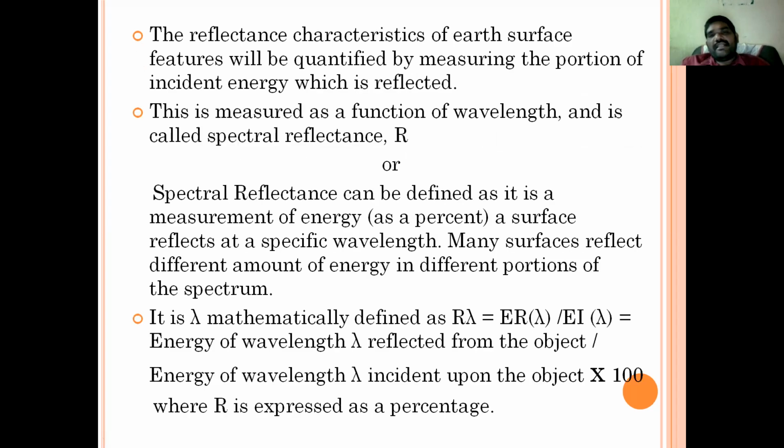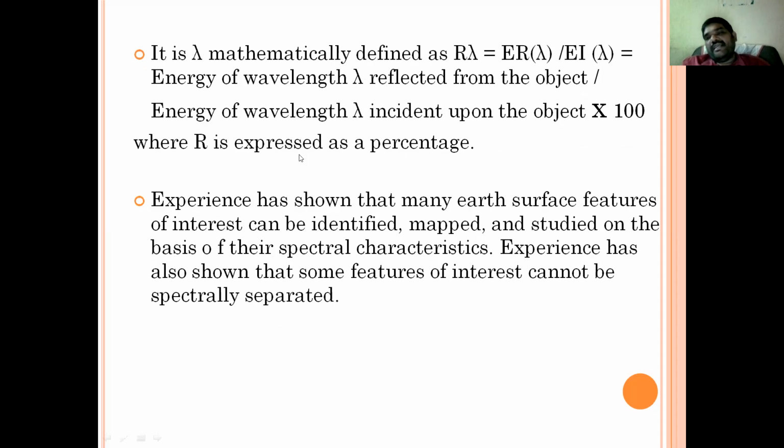The other one is reflected, where you encounter one particular word, that is spectral reflectance. Keep in mind, this spectral reflectance may come across in the second unit, and even in the last units. You must know what spectral reflectance is. Before that,